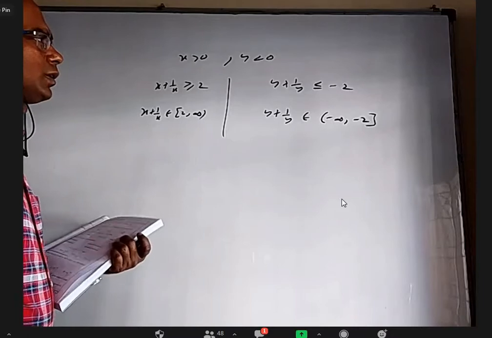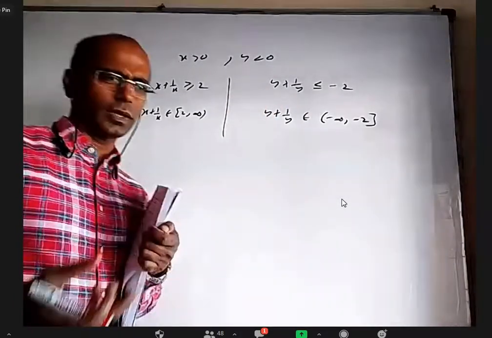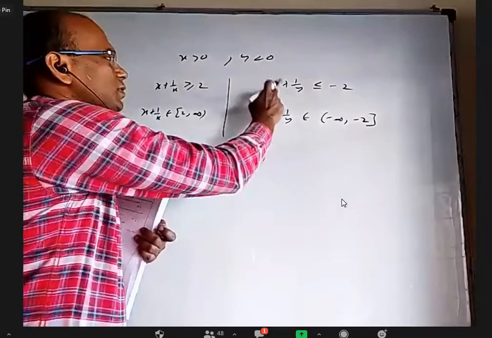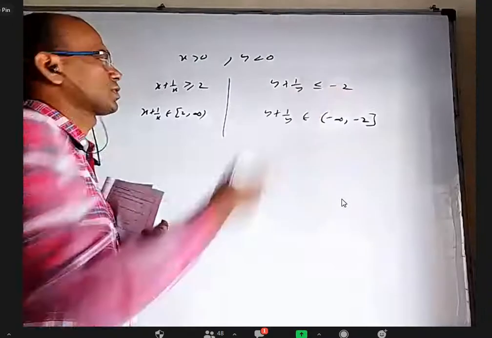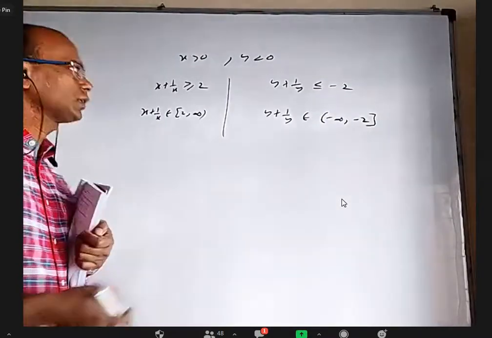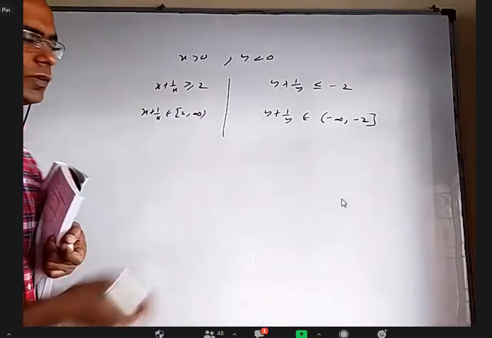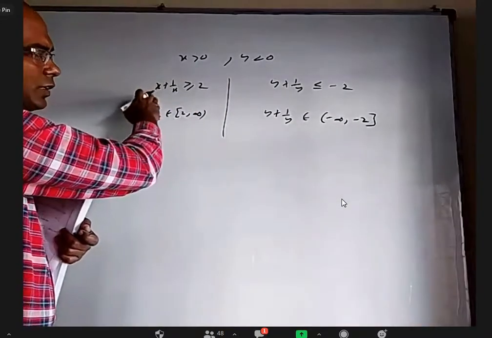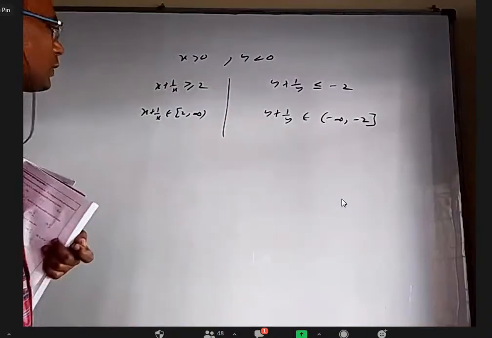One may say, can I apply AM-GM inequality here also, greater than or equal to 2? No, we can only apply AM-GM inequality for positive quantities, but this is a negative quantity. So you can take minus common and then do this, and you'll get the same thing. This and these are more or less the same. Only thing is that this value will be the negative of this. If you take x equal to 5, whatever answer comes here, when you take y equal to minus 5, you'll get the same answer, but with a minus. That's the only thing.